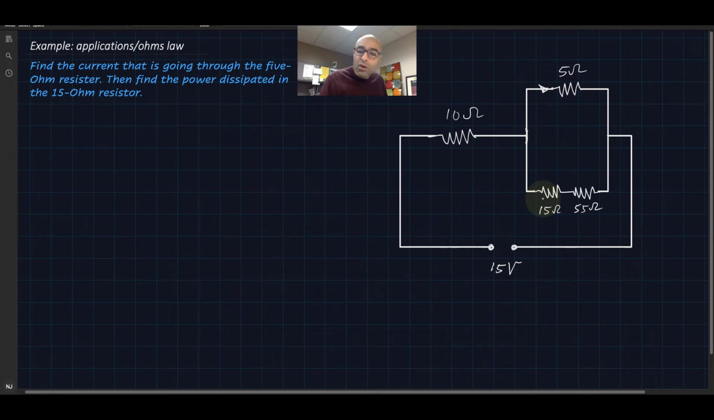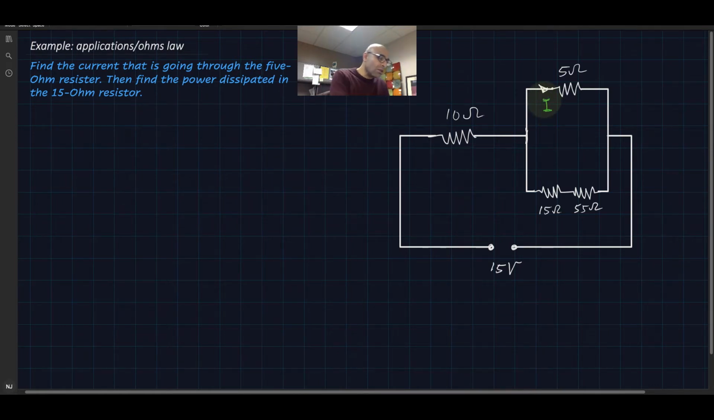Okay, so how do we go about solving this problem? Every circuit is actually different when it comes to applications of Ohm's law. You have to look at the circuit very well and see where you can start solving this problem. In my opinion, since we are asked to find the current that is going through this one, I'm going to tag it with the green